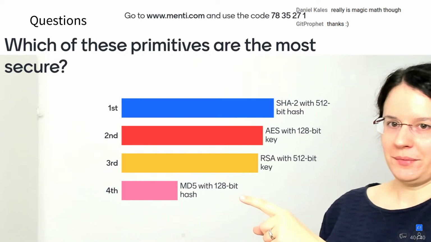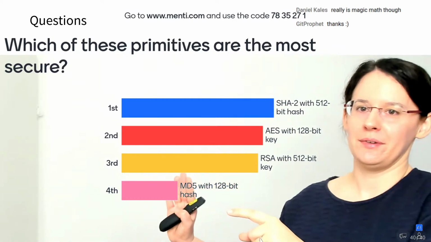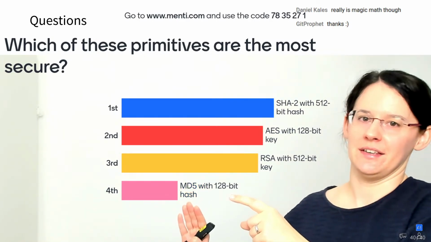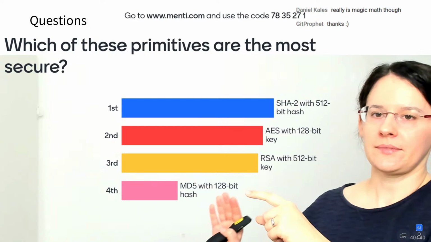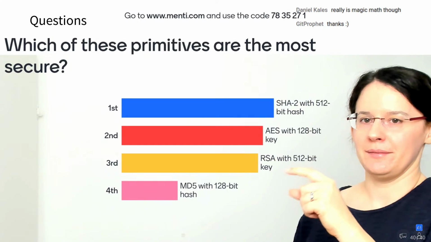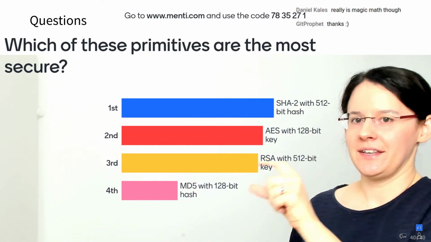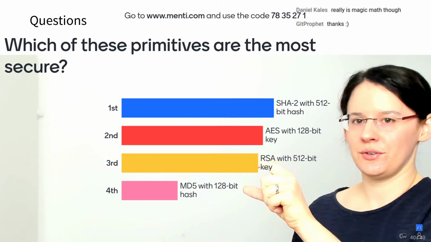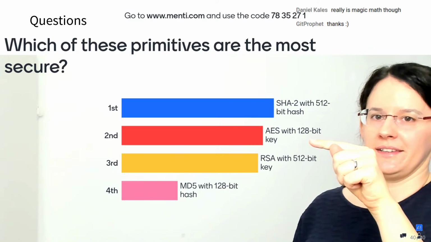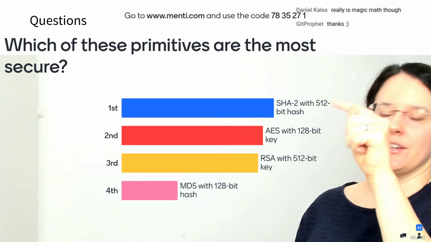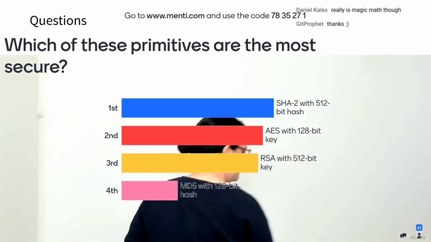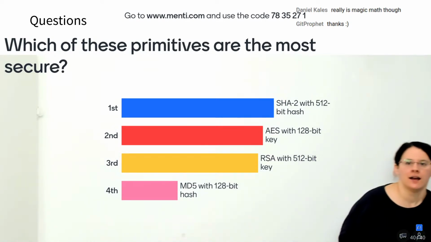And the MD5 on the bottom here, if it wouldn't say MD5 but just any hashing scheme, it would have 64-bit security. MD5 actually has a bit less than that. For RSA, I really can't give an exact equivalent here, but this is also definitely publicly breakable. So anyway, these two on the bottom here are not something you should use. These two here are totally fine. RSA is also fine with slightly larger keys, and SHA-2 is also okay with slightly smaller hashes, such as 256 bits. Okay,